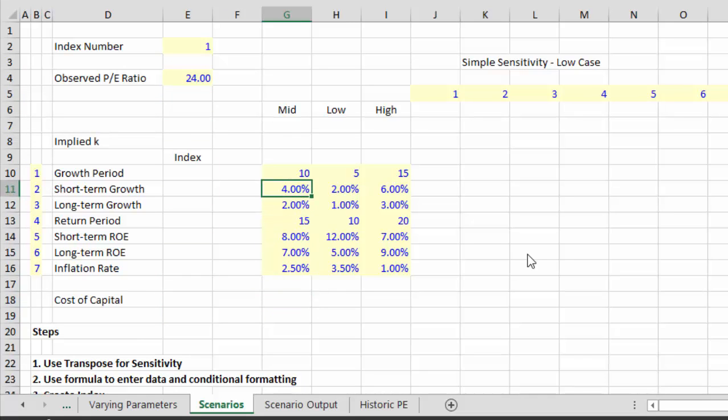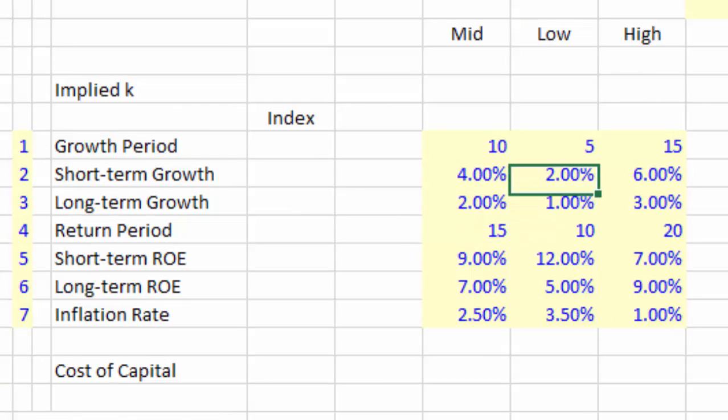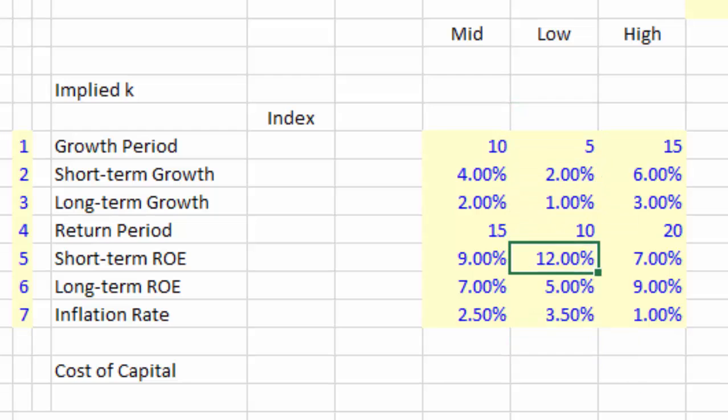And what's the implied cost of capital if we have a base case here with growth going down, and maybe let's make the return go down by 2% for a while after 15 years, and then we'll make what's a really low PE case, which should suggest a high cost of capital, where the ROE goes down a whole lot over a short period of time, where the growth is a little bit slower and it ends up at a lower long-term amount. We have a higher rate of inflation. If we have a higher rate of inflation,